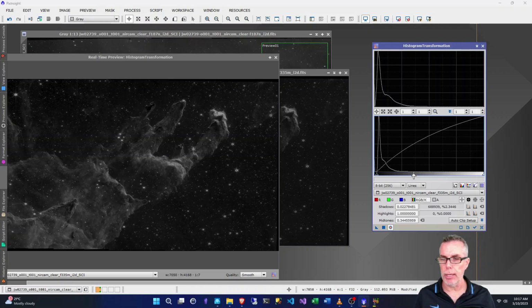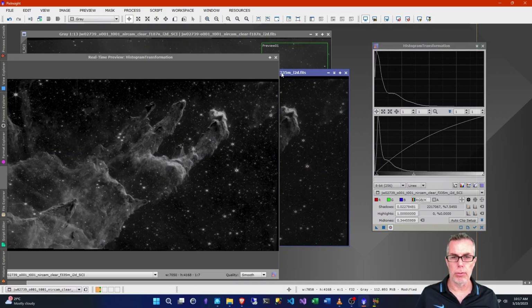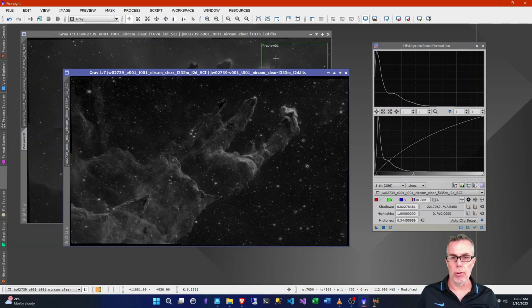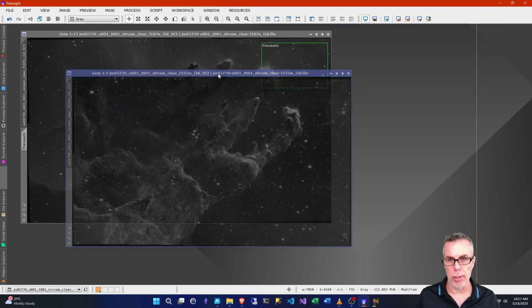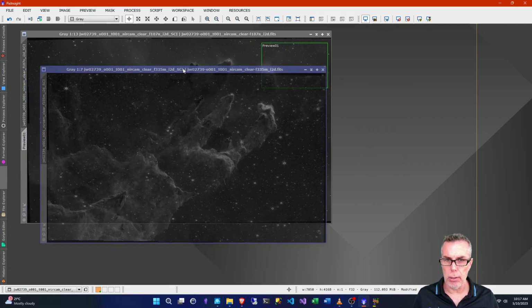Again, I don't want to make it too bright because we're going to be overlaying these images in Photoshop. I'll just keep my histogram a little bit contained in the left part of the image. So make sure to remember to apply it, which we did. I'll close my preview window, and I'm happy with that. So the image now has been stretched. We're now ready for our preview